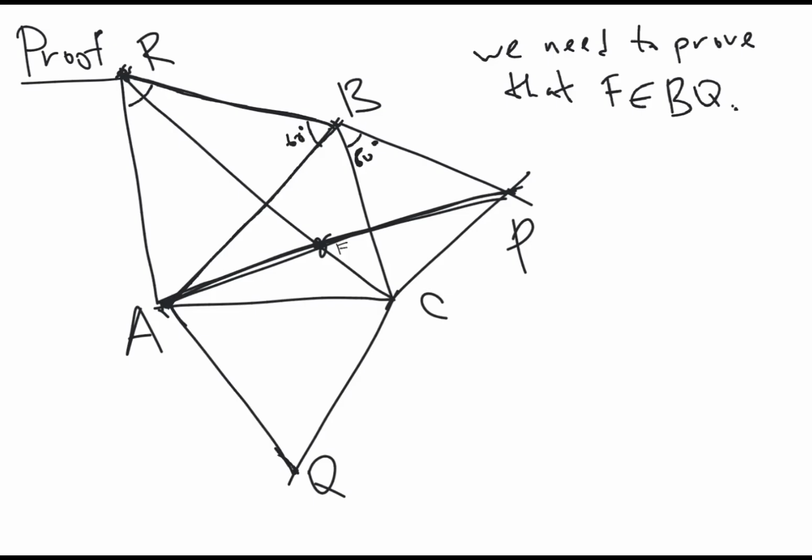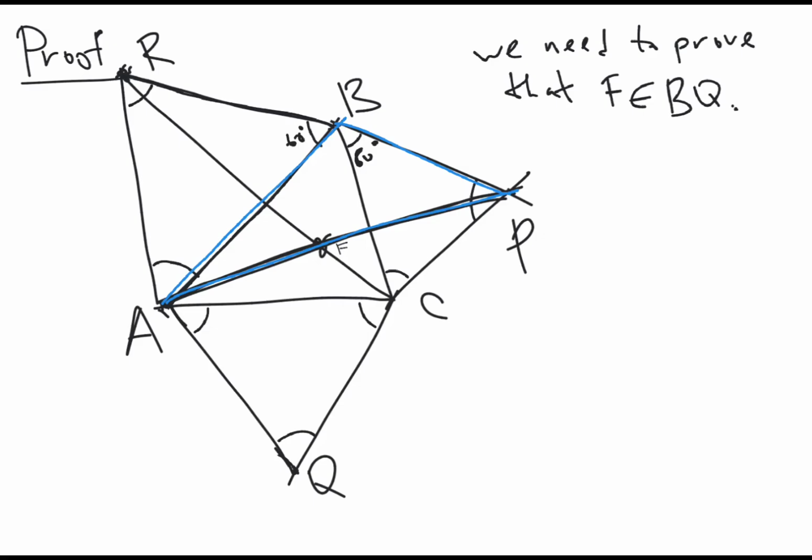So this angle, this angle, this angle, this angle, this angle, this angle, and this angle. But what we need now is that we consider the triangle ABP. And we consider what happens to this triangle when we rotate it